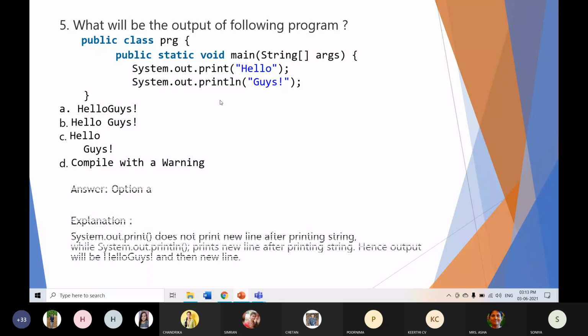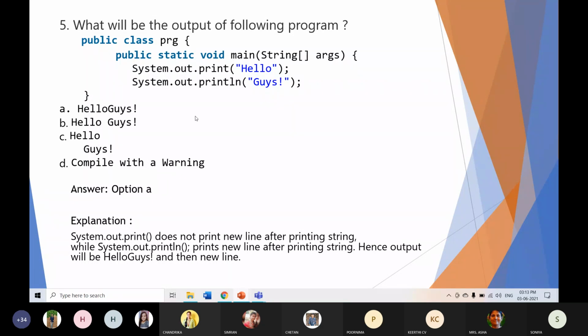Hello guys, it is option A. It's not like ln is mentioned. System.out.print does not print a new line after printing the string, but in system.out.println, it prints a new line after printing the string. Hence, the output will be hello guys, and then it will come to the new line.